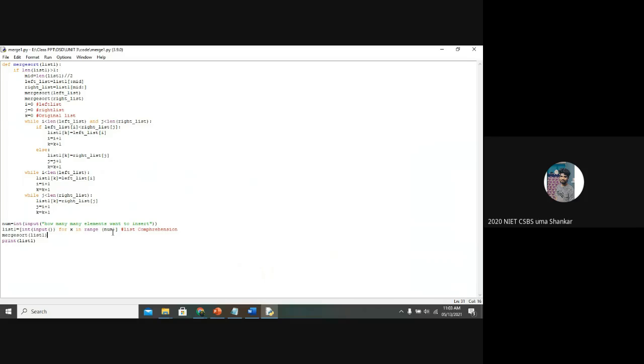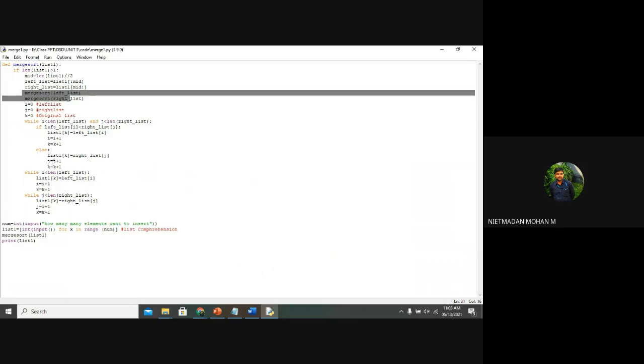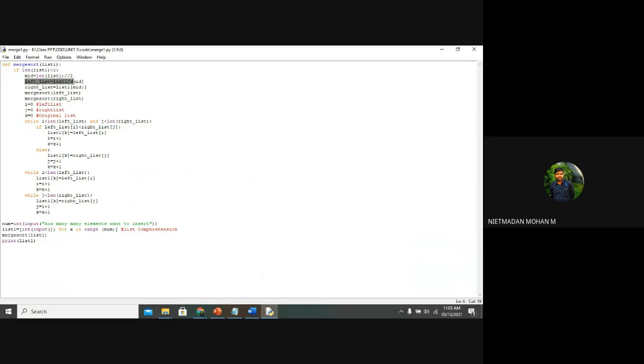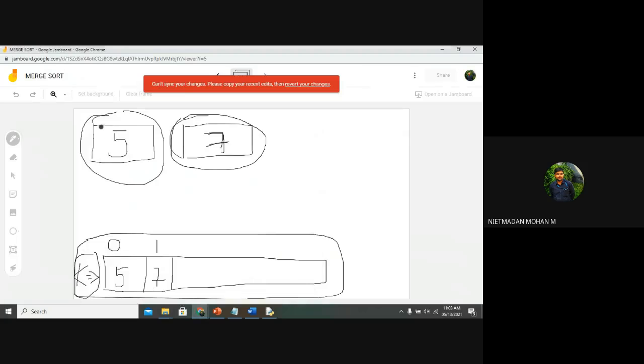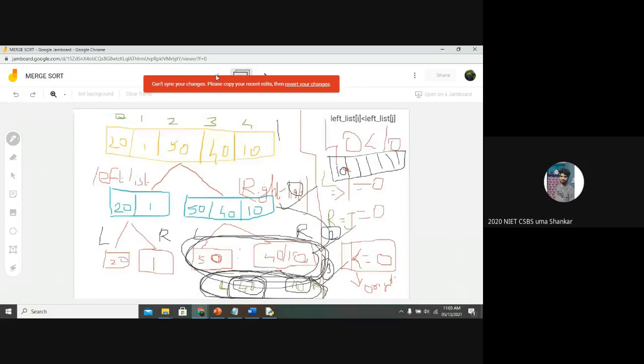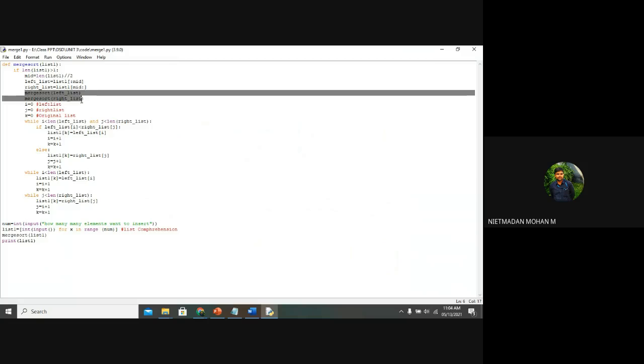And we have added the recursive function at the starting. Sir, that is the doubt. We have added the recursive function. Why? Because in the first iteration, whatever left list you are getting will be considered as your list 1. And for the purpose of splitting the numbers one by one, we are using the recursive function. That's it. So the recursive function is a basic concept that we have used here to split the numbers.